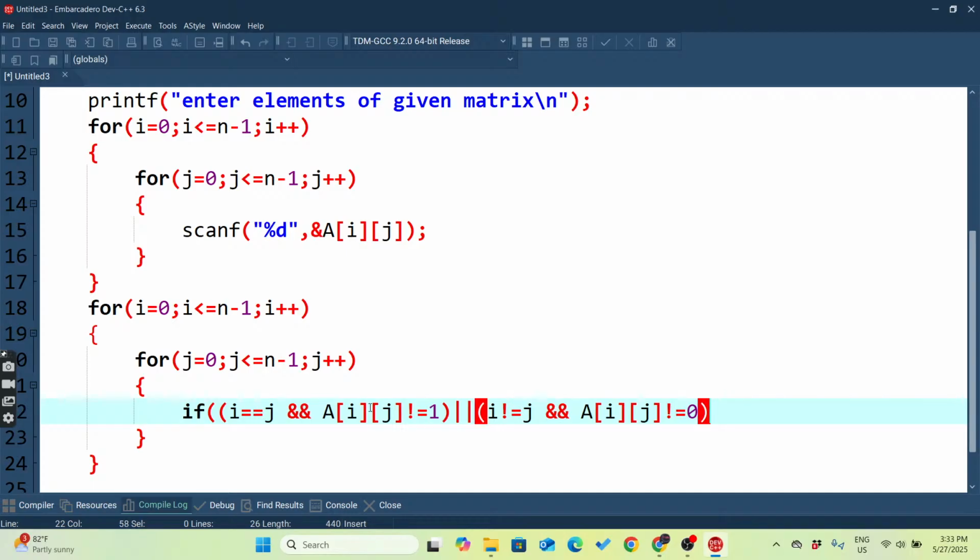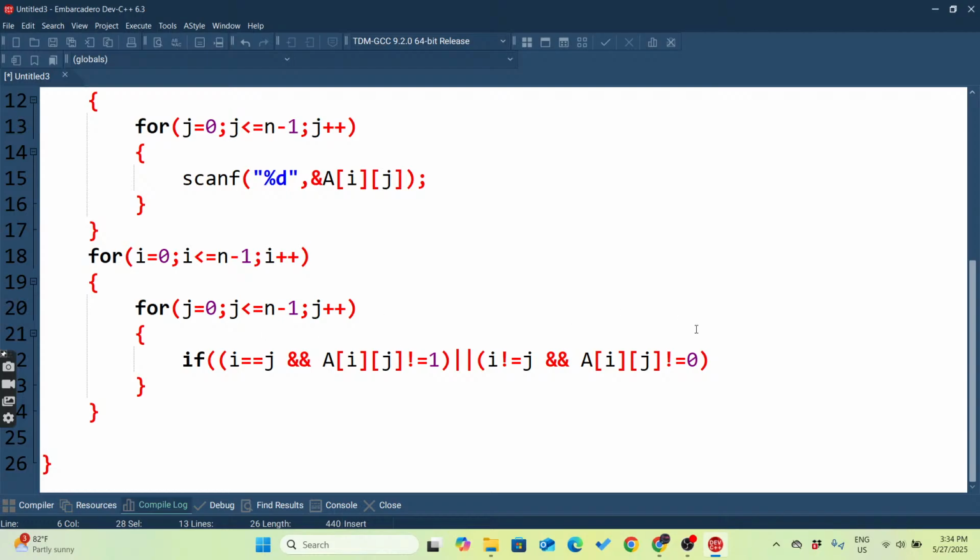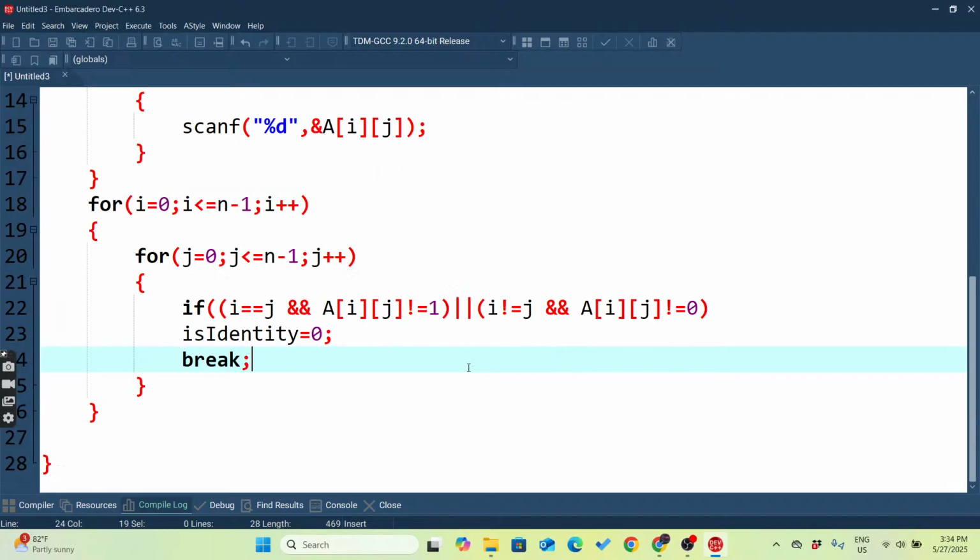This one. So if any element is not valid, then what we need here is to change the value of this flag. We can say is identity or not, yes or no? Let's put a break here. Now if is identity,